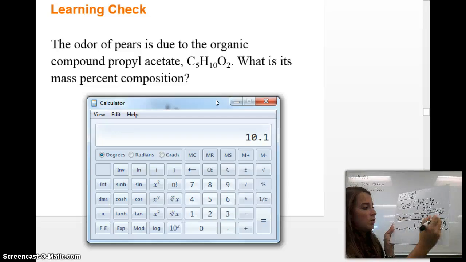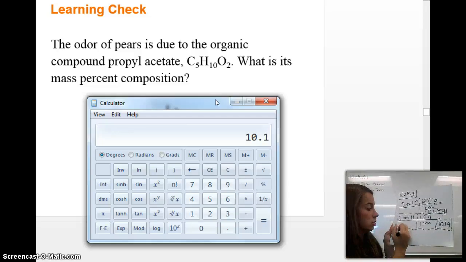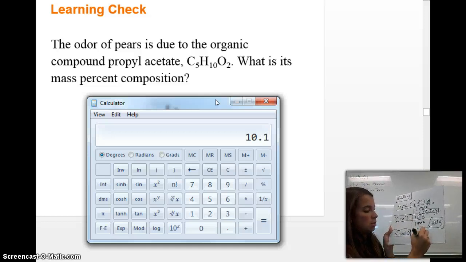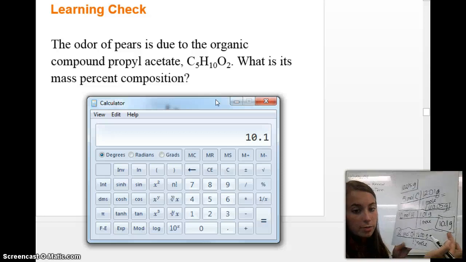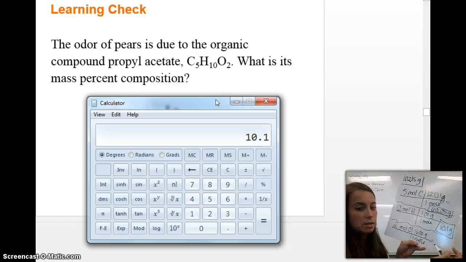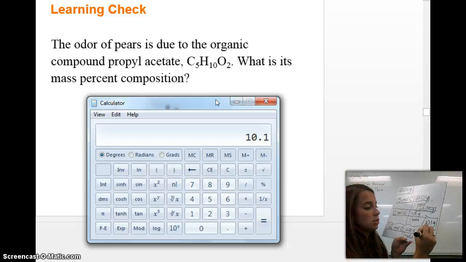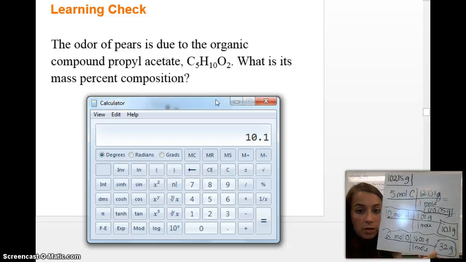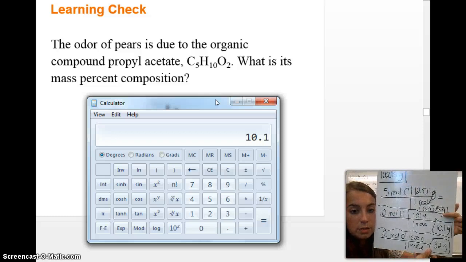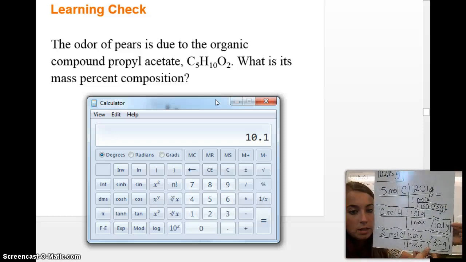And then finally we're going to move on to the oxygen. So I have 2 moles of oxygen, and the molar mass of oxygen is 16.00 grams. So all I'm doing is converting how many moles of each of these I have into their molar mass. We know 2 times 16 is 32 grams. Okay, so in 1 mole of propyl acetate, I have 60.05 grams of carbon, 10.1 grams of hydrogen, and 32